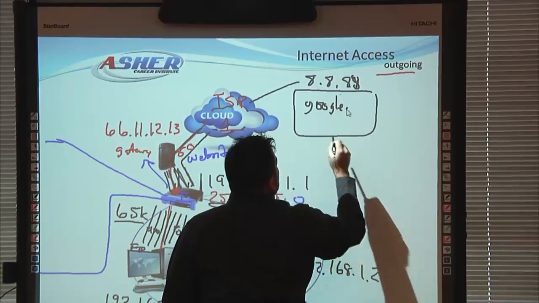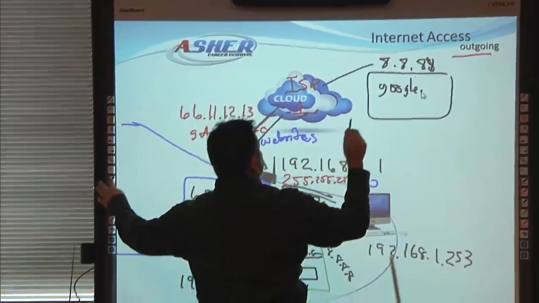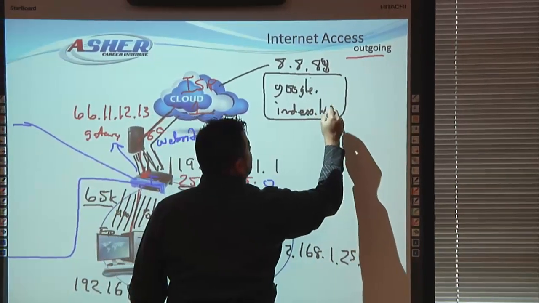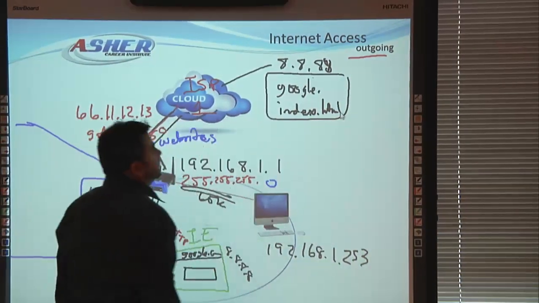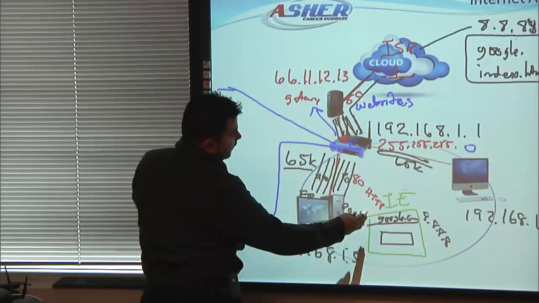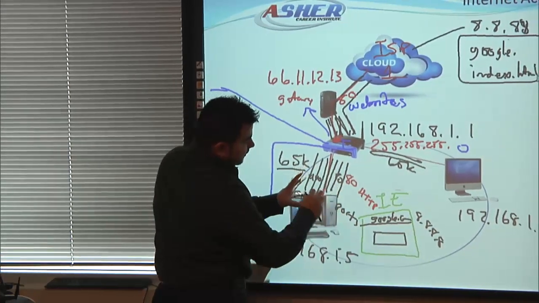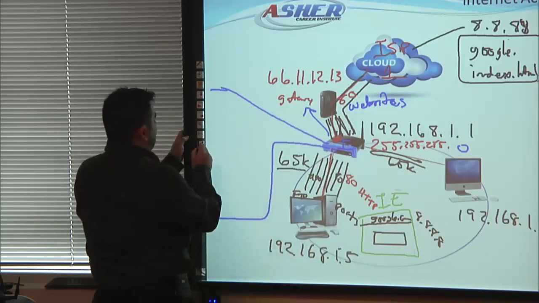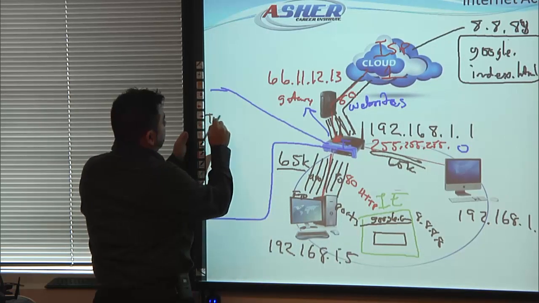Google server, and then from the Google server, I need to request the index.html, which is the start page. Okay, so now the router knows that, and this computer said I need to go to google.com. There's a whole DNS thing that they figure out that, oh, google.com is actually 8.8.8.8. So now he got a request going to